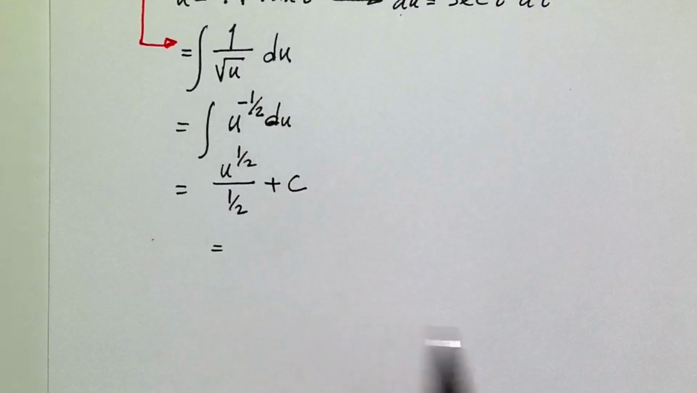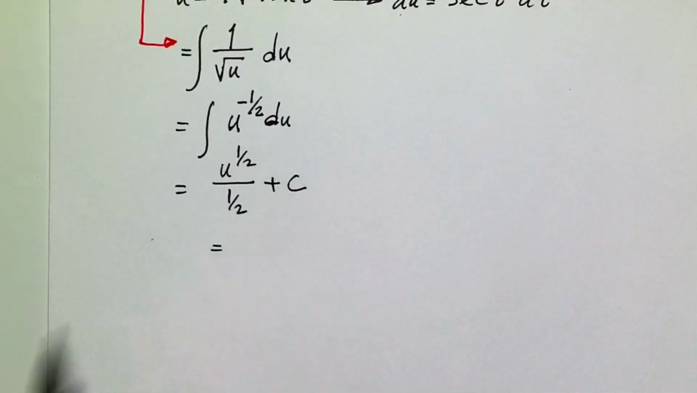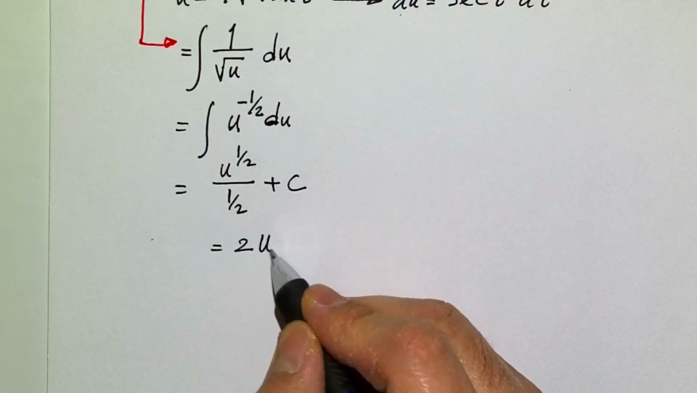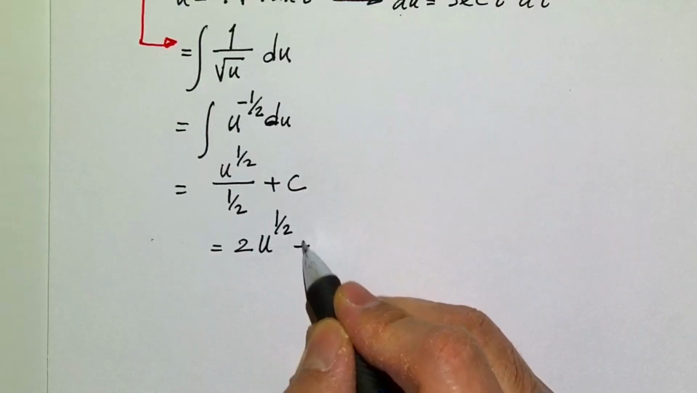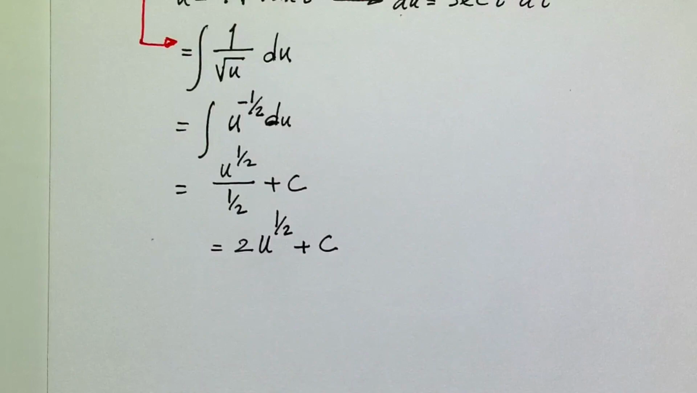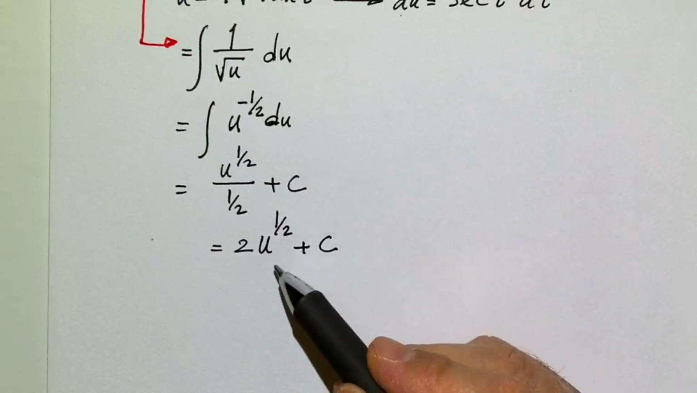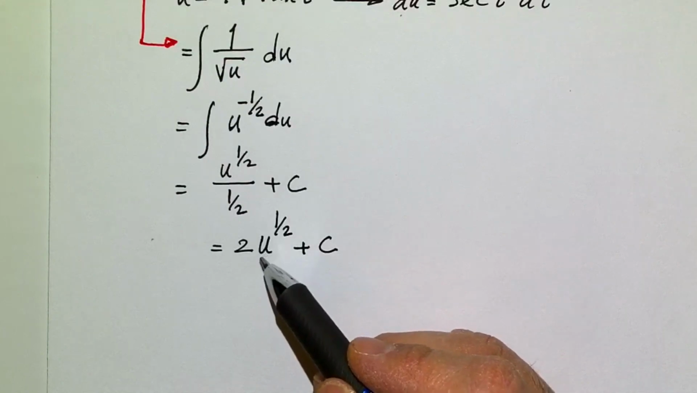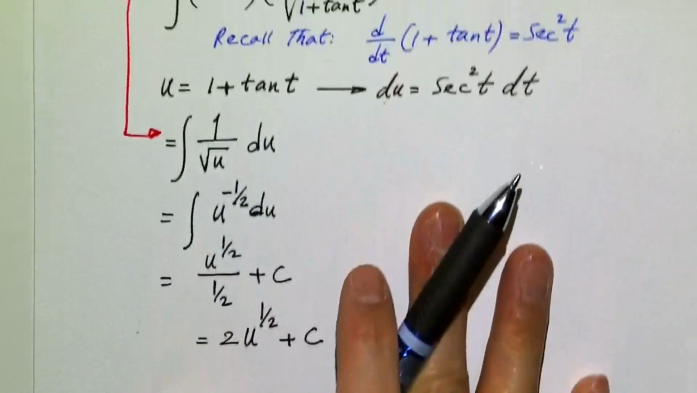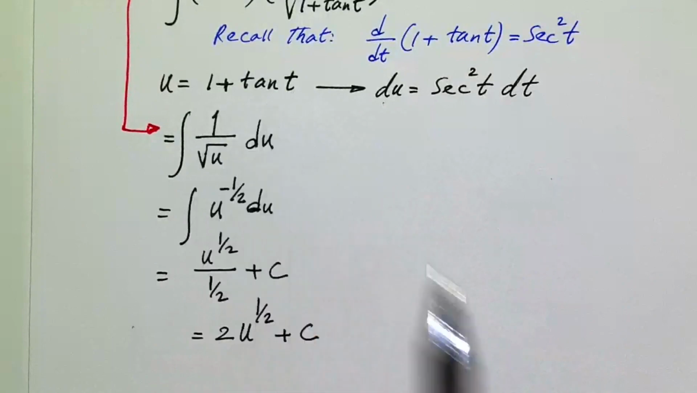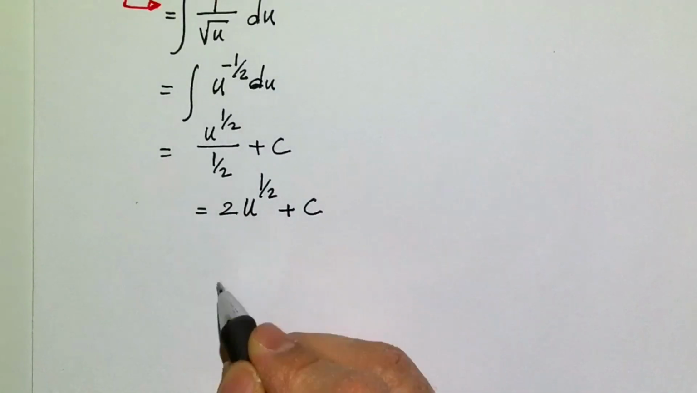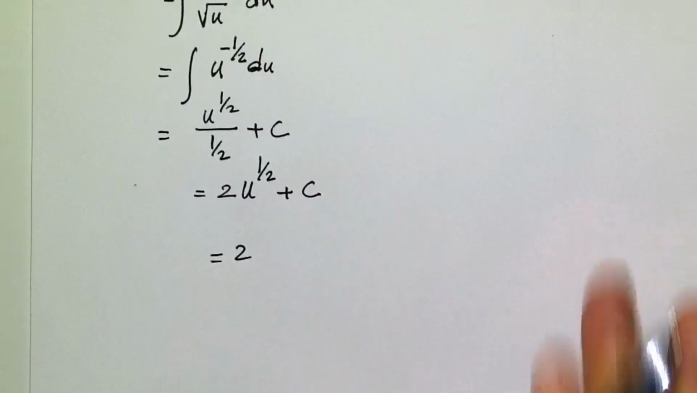But of course, this will give us 2 times, right? 2 times u to the 1/2 power plus c. Right? So we're almost done. All we have to do is replace u with what we originally had, which is 1 plus tangent of t. So let's do that. So that is equal to 2 times